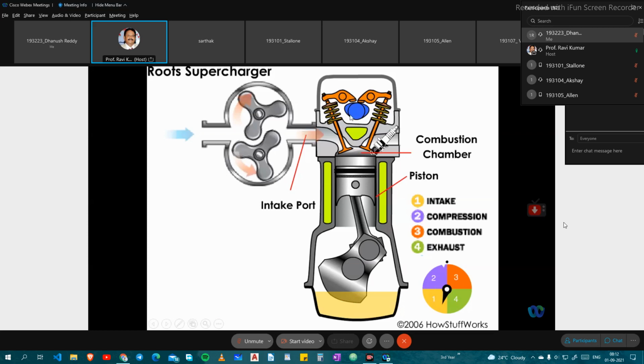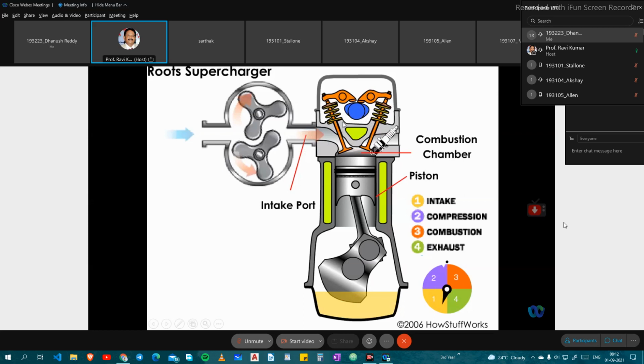Exhaust valves are operated with a rocker arrangement, and these are spring-loaded valves. This is a camshaft. In different designs the spark plug location differs, and there are different heads. This is a high head engine, but the spark location is different, because the Roots blower is attached here, and additional arrangement is required for operating the inlet and exhaust valves. The rocker arms and push rods operate with the cam arrangement. Whenever the cam lobe comes, it pushes the follower and opens the valve, and slowly it closes.